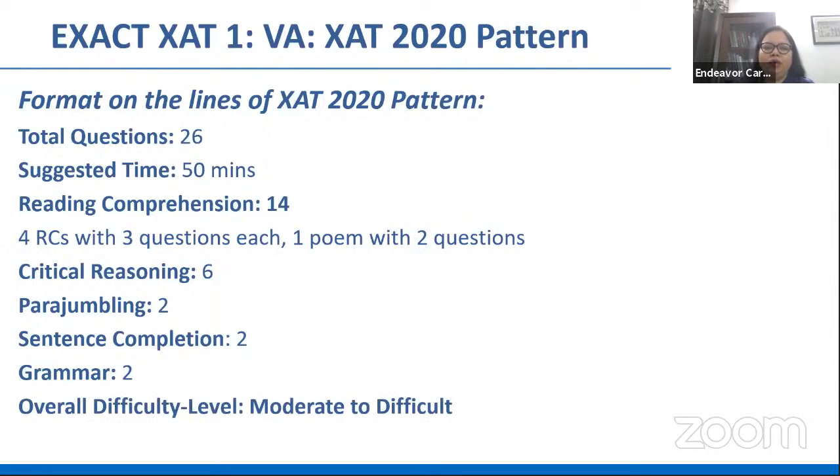Overall, this can be called moderate to difficult with more leanings towards moderate. This was not an extremely difficult paper, interestingly, because the VA section generally tends to be heavy, but you would find a lot of things that were not heavy and challenging to read. So let's do a further analysis of this.